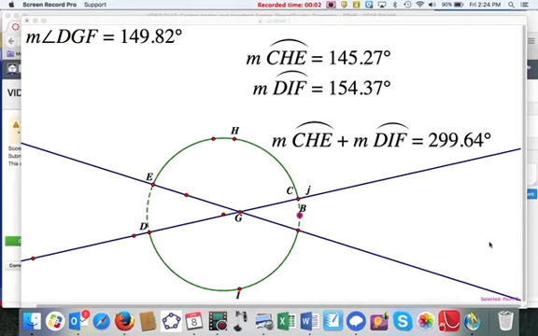In this lesson, we're looking at angle relationships in circles. So I want to talk a little bit about the angles that we've discussed so far in this chapter. We've talked about central angles, where the vertex is the center of the circle and its measure is the same as its intercepted arc. In an inscribed angle, remember, its vertex is on the circle